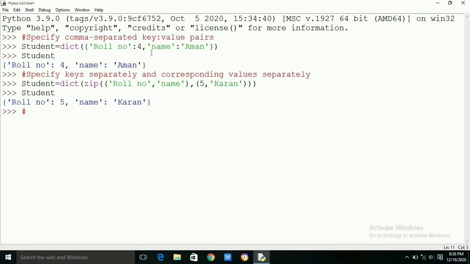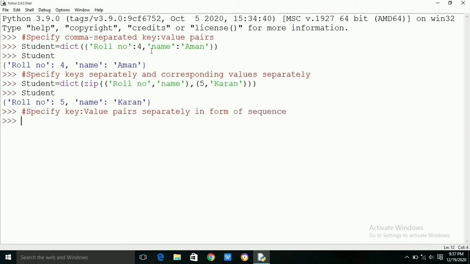We can also specify key value pairs separately in form of sequence. Sequence can be a tuple or a list. In this method, list or tuple is passed as argument to dict function, and this passed list or tuple contains list or tuple of individual key value pairs.